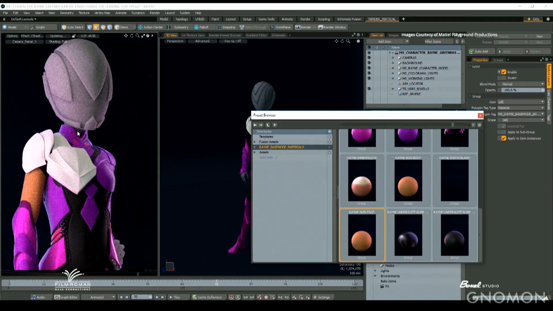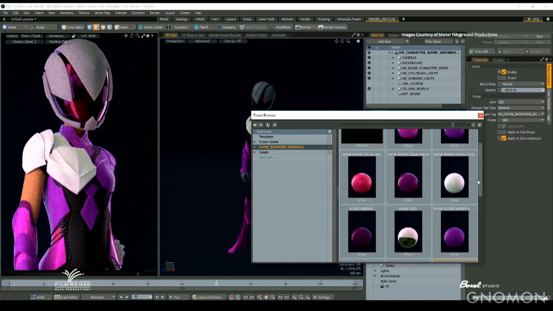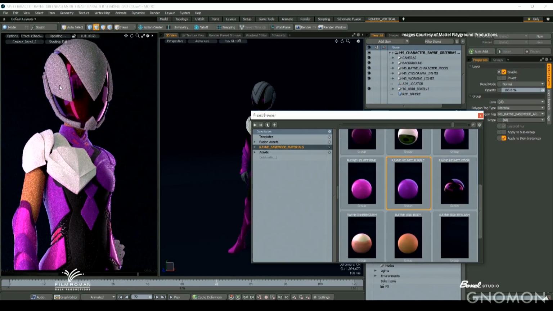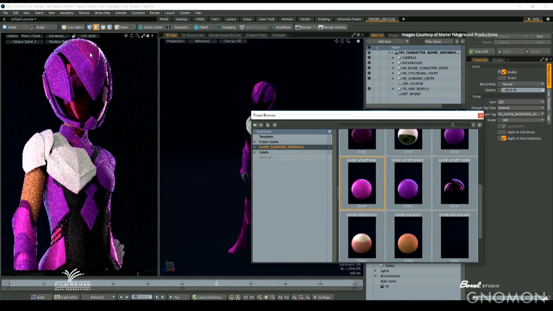In this case, you're looking at the preset materials for Max Steel, which is the plastic, and for Rain, this is the Rain character, which is metal, and this is the visor material. Once that's finished, just click a button and boom, you're done. When you import the characters, they are automatically materialized in every shot.